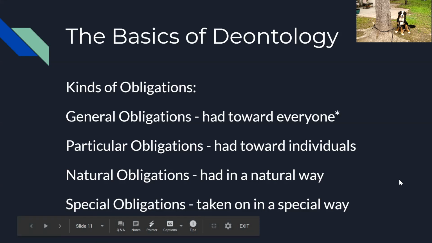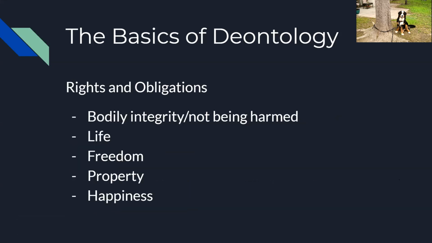So when you join a club, you might come to have a special obligation. When you decide to take a job, you have an obligation to be at the job on time and do the work for the job. Rights and obligations basically usually are related, and so you end up with different kinds of rights and obligations,